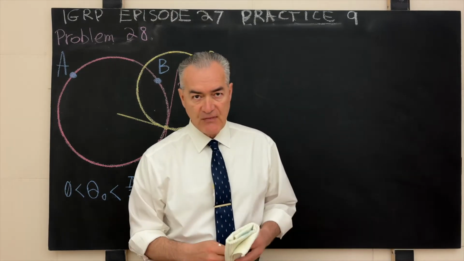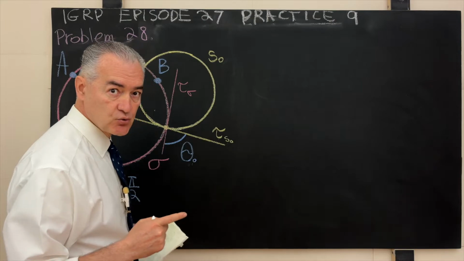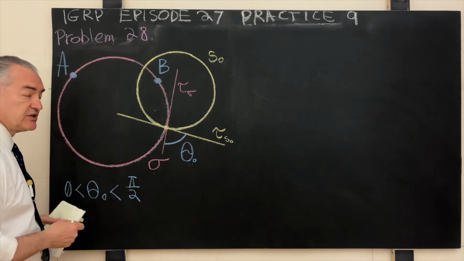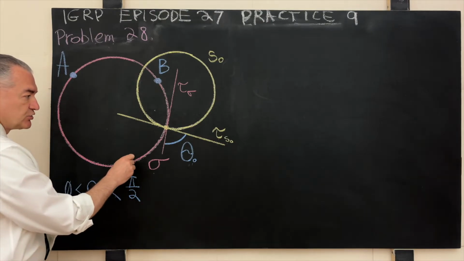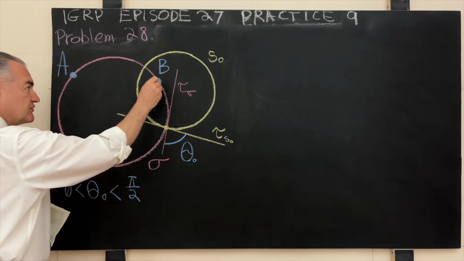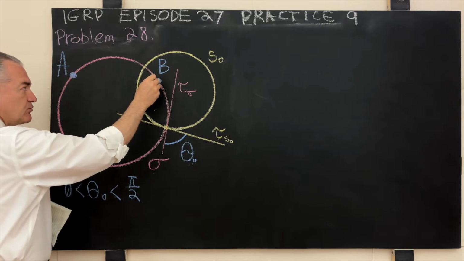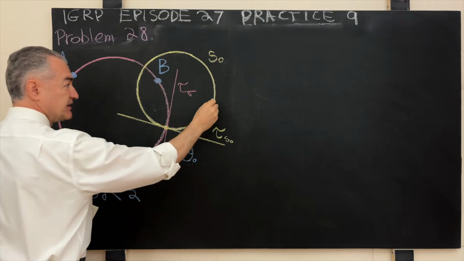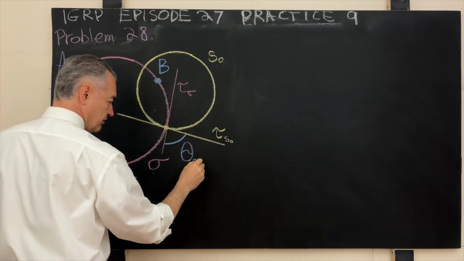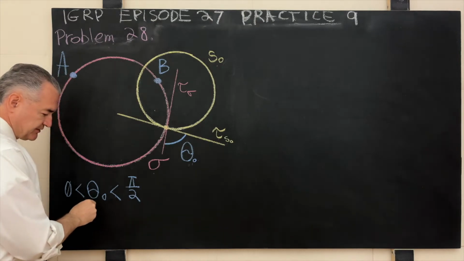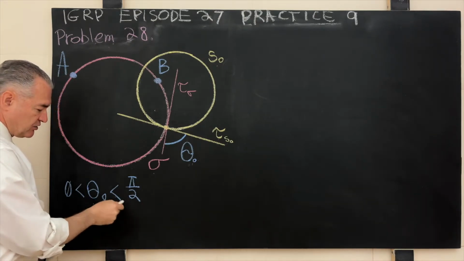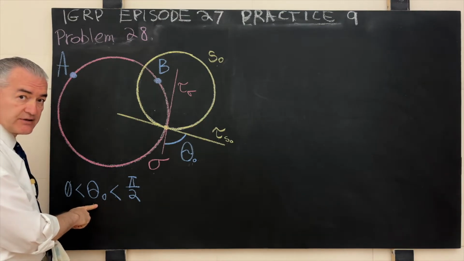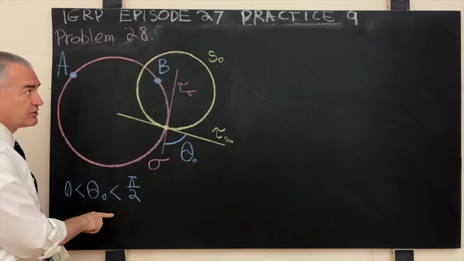Well, in our case, we make an assumption that at least one solution circle, such as the circle sigma shown in red on the left side of your screen, exists, and such a circle passes through the two given fixed distinct points A and B, which are coplanar with the circle S0, and that circle intersects the given circle S0 at a given angle theta 0 that sits between the magnitudes of 0 and pi over 2 exclusively. The magnitude of the angle theta 0 is strictly larger than 0 and strictly smaller than pi over 2